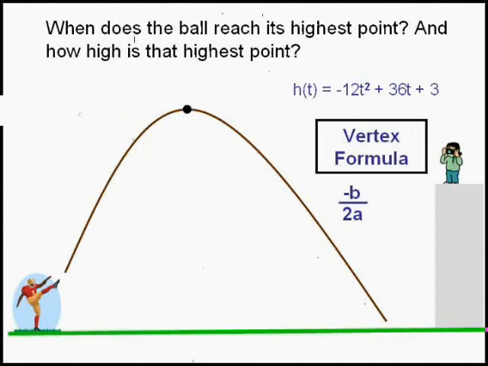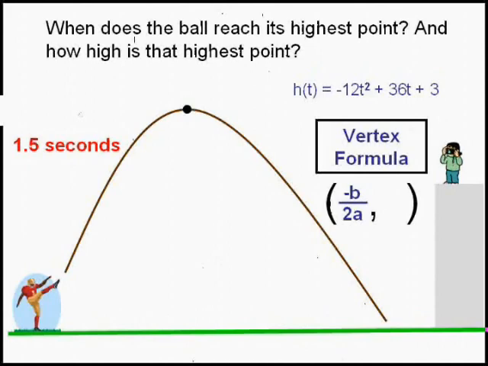So plugging in those values, negative B over 2A, and simplifying, we get 1.5 seconds. That seems about right. It's about half the time that it took until it hit the ground. Now, just remember, that is the time it took to get to the highest spot. If we want to know how high that highest spot is, we call that the vertex is a point. And a point has 2 coordinates. Now, if we want to know the second coordinate, and in this case we do,